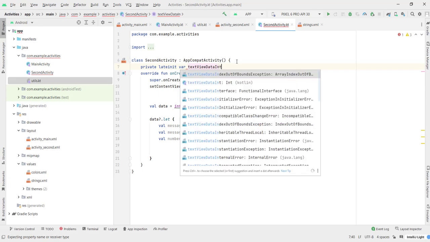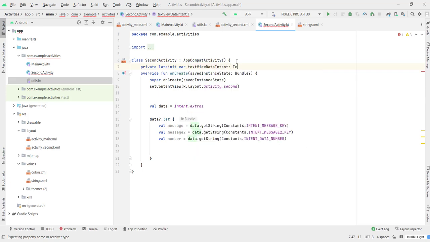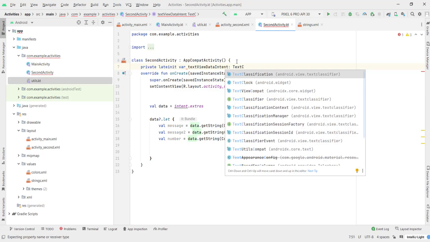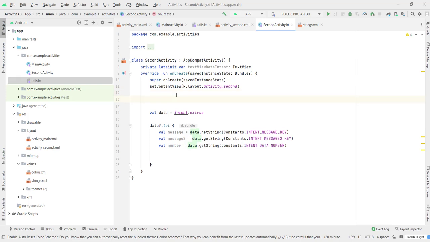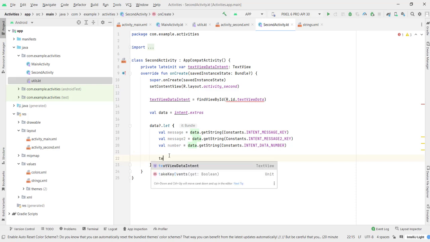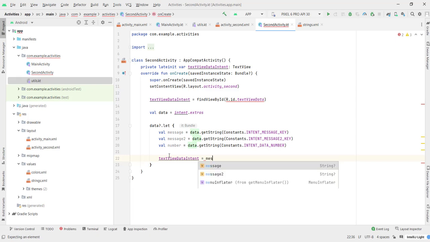And here we're gonna create a text view, private lateinit var text view data intent of type text view, and I'm gonna type here text view equals find view by ID R.id text view data, and here we're gonna pass the message and the message 2 and the number. So I'm gonna type here text view data intent is gonna be equal to, and we're gonna type here message,